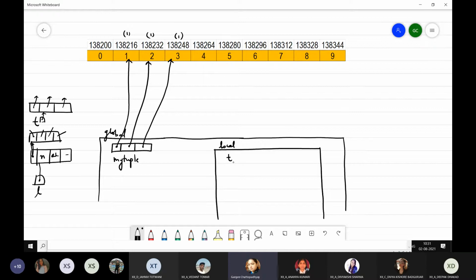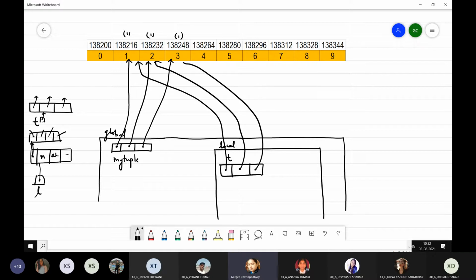So now t would receive these three, and it would actually be created at a different location and would contain references to these three objects. So this is T. T is created at a different location. The existence of my tuple is different, T is different. The only thing is all the pointers or references within T are pointing to each of these.